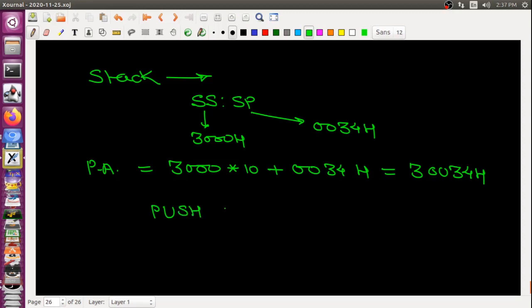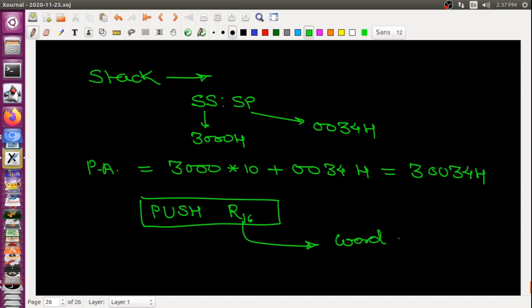But please remember that if you are putting anything here, you have to mention a 16-bit register. It means you always want to push a word on the stack. If you want to put any 8-bit data, it is not allowed.